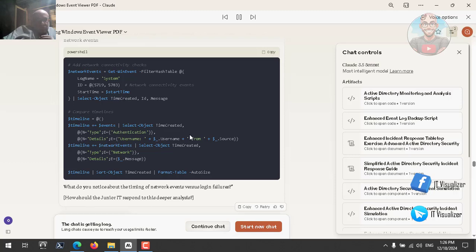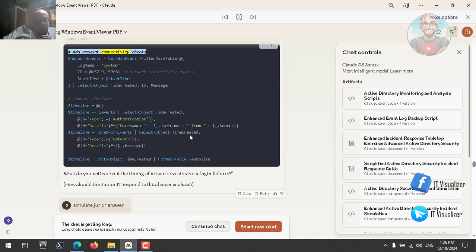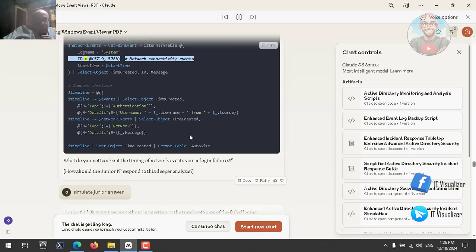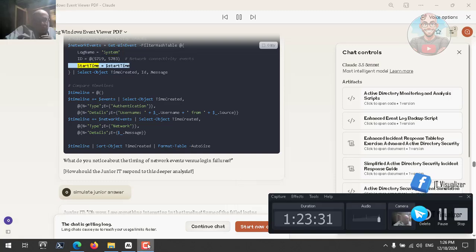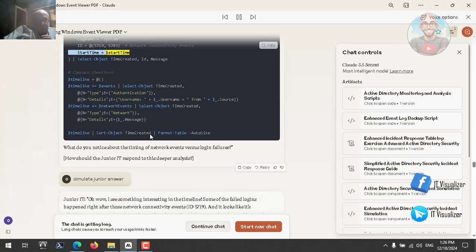# Add network connectivity checks: $networkEvents = Get-WinEvent -FilterHashtable @{LogName='System'; ID=@(5719,5783)} # network connectivity events, StartTime=$startTime | Select-Object TimeCreated, ID, Message. # Compare timelines: $timeline = @(); $timeline += $events | Select-Object TimeCreated,